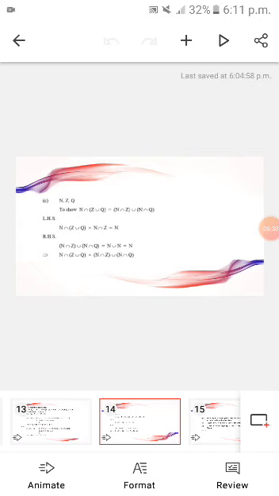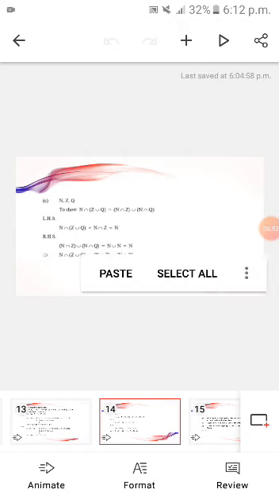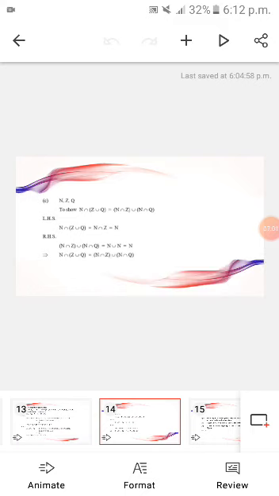Part number 3 is natural numbers, integers and rational numbers. We want to show that natural numbers intersection (integers union rational numbers) equals (natural numbers intersection integers) union (natural numbers intersection rational numbers). Now just put the elements and solve them. Here these are not elements, they are universal subsets. So just check: integers union rational numbers is equal to rational numbers, and take its intersection with the natural numbers. Its result is natural numbers, and similarly the right-hand side is solved.